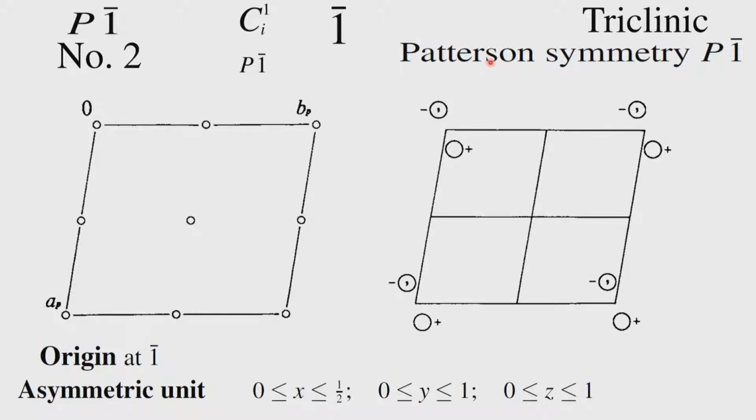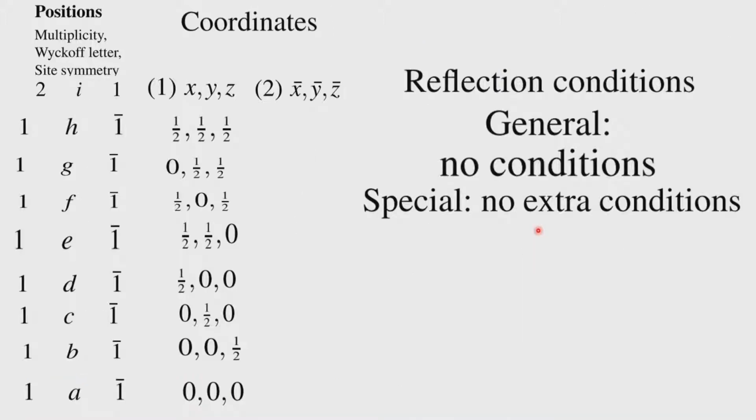So, the P1 of course is a redundant set, so I am not going to take P1 into account. Instead, we will go to number 2, P1 bar. Let me recollect for you, the full symbol is 1 bar and this is triclinic, and the point group symmetry is 1 bar. It has a center of symmetry. So, the centers of symmetry develop as per the symmetry diagram here, and the equivalent points develop as per the equivalent points here, and this particular slide we have discussed before in full detail.